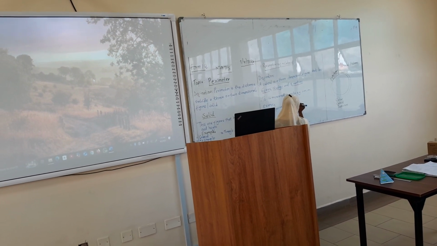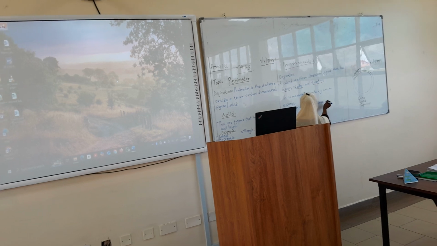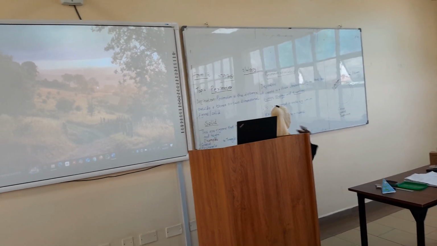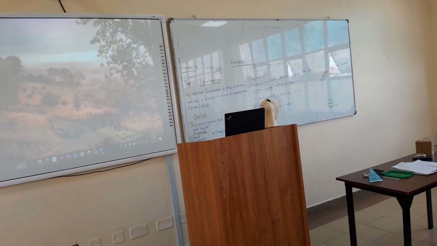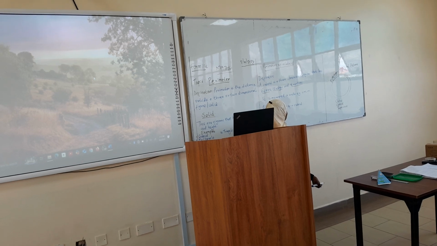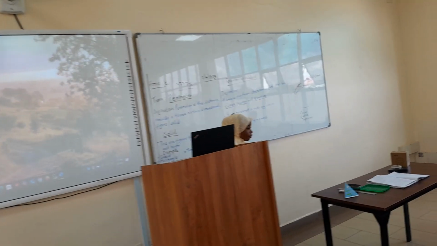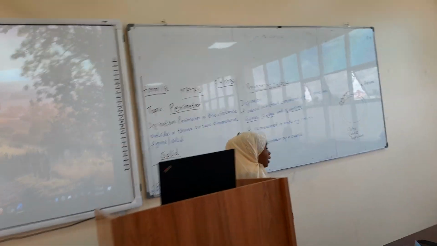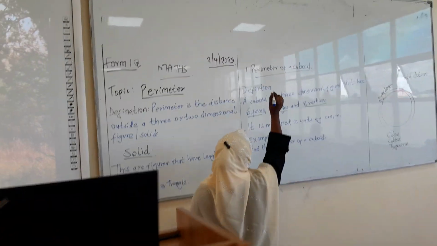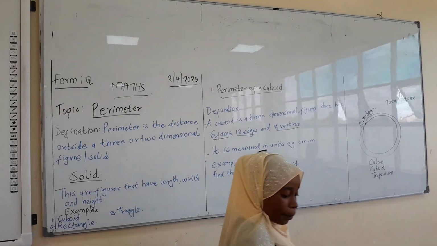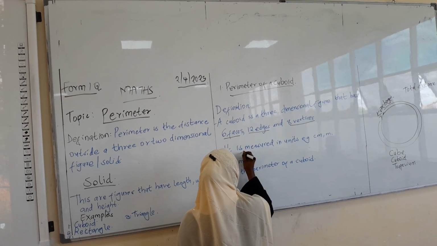Right, make sure you are writing as I finish. Already calculated this. So, before we take a look at the example, before we calculate the perimeter of a cuboid, we all know that we have to have formulas for mathematics. Everything is a formula. So the formula of calculating the perimeter of a cuboid